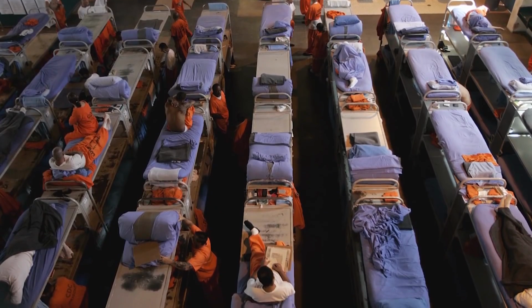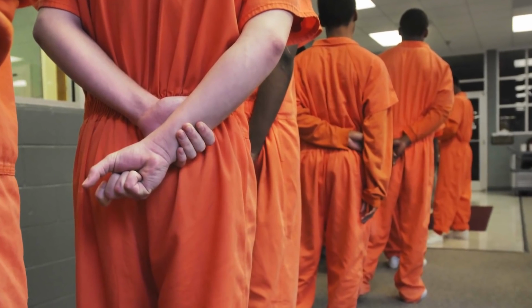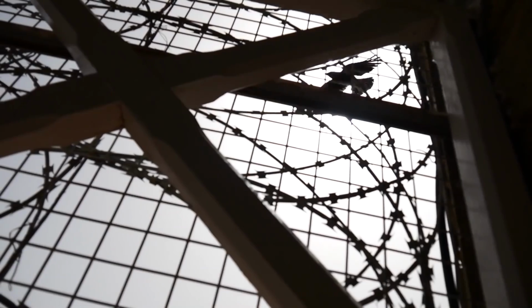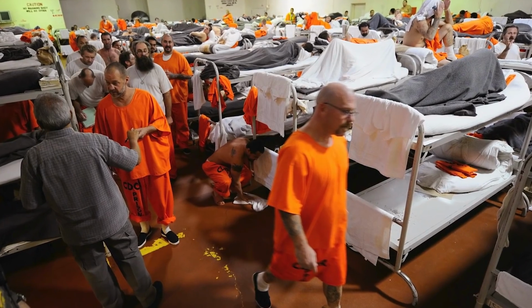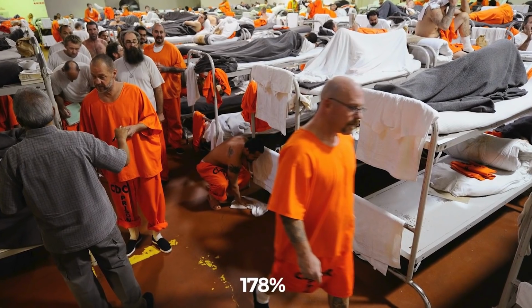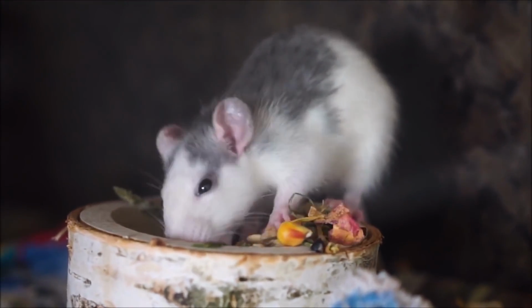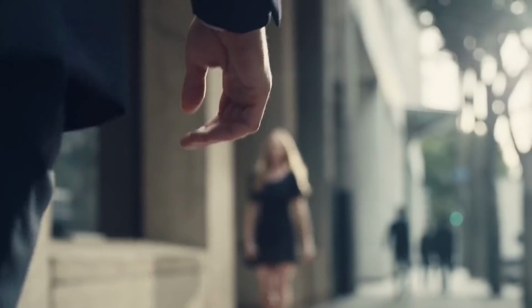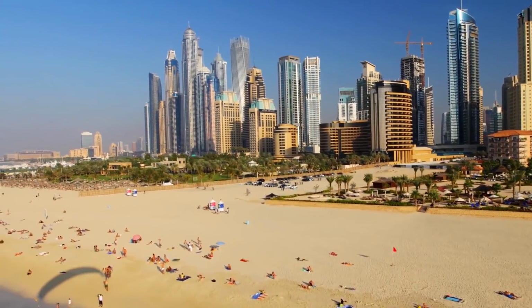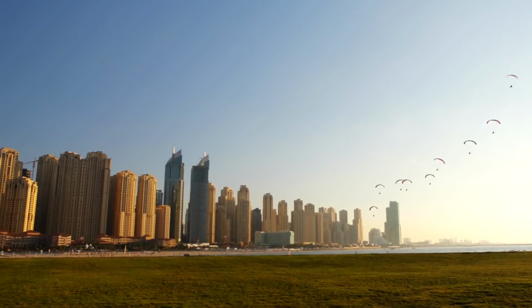Prisoners aren't given individual beds. Beatings, sexual assault, and forced starvation are incredibly common. When one prison was surveyed in the mid-2000s, the capacity was revealed to be at 178%. And that's not counting the rats that cozy up in the cellars either. Foreign nationals made up 92% of the prison population, many of which were once business people looking to make a fortune in Dubai. That all being said, it makes sense that people would fear going to prison in Dubai so